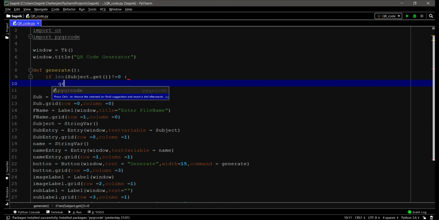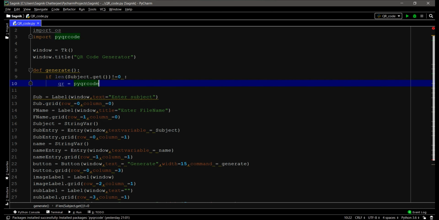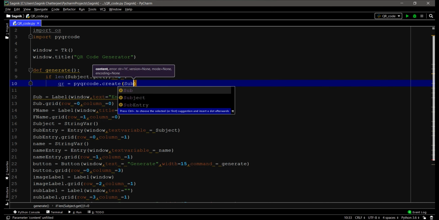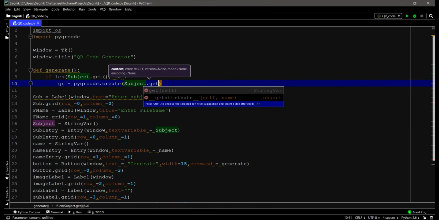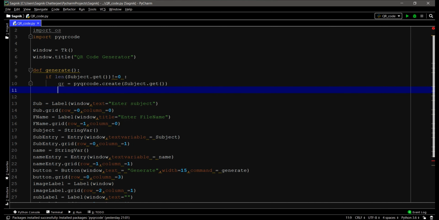So we'll take a keyword equals, converting it to QR, pyqrcode dot create. So what will it do? It will create the QR code for the subject we give there. So dot create, in that create we will add the subject dot get. So this will add the subject that we have entered in our Tkinter. Whatever subject we have entered, it will simply convert it to the QR code. So we got our QR code, and then we need to convert it into a bit image, so that we can